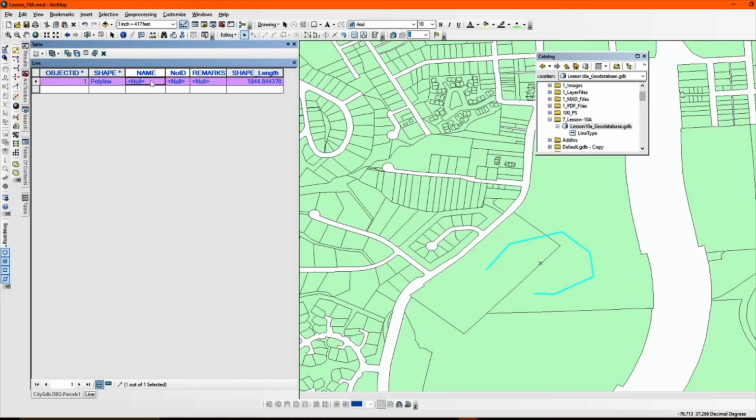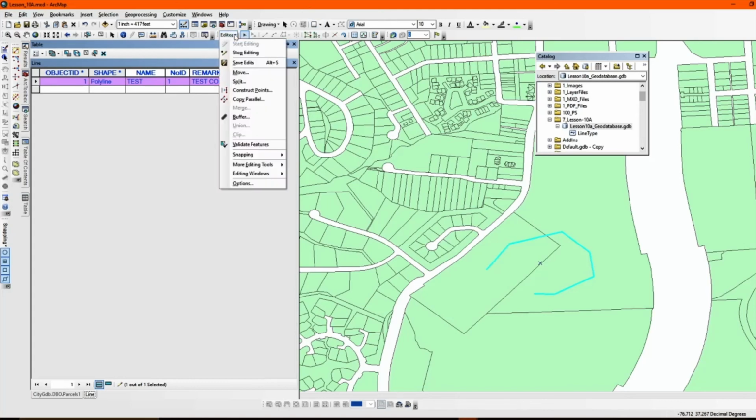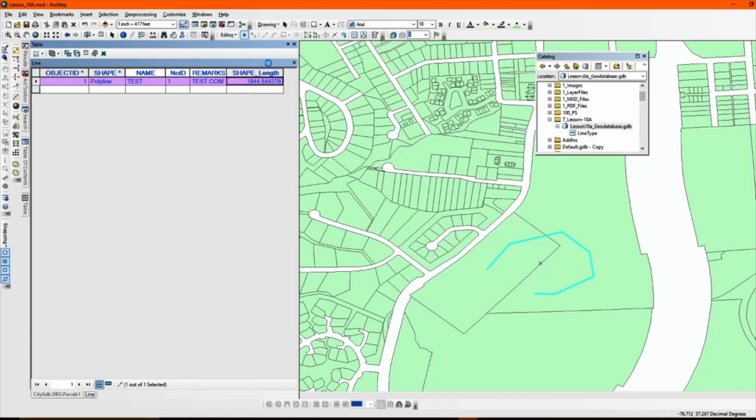We can edit this, and if you use the tab key, you can tab right over, select a number, remarks, text, comments, and lastly is the shape length. This is by default, so it automatically puts in the shape length for you. When that's complete, you just click on edit, click on save edits,